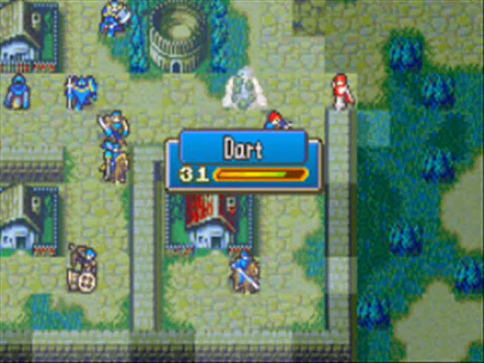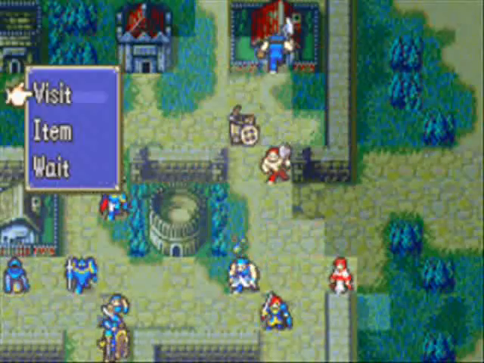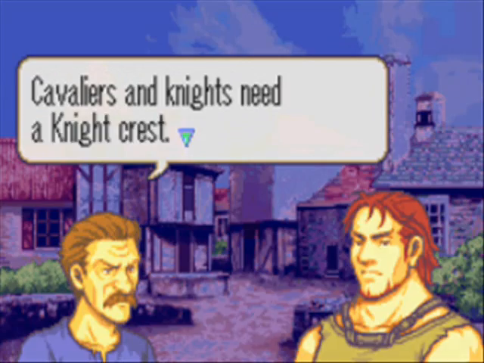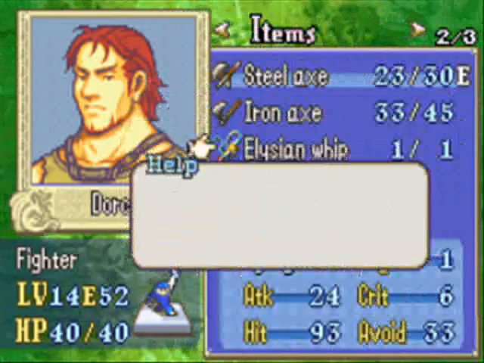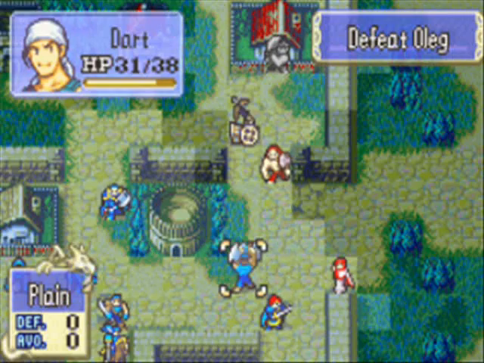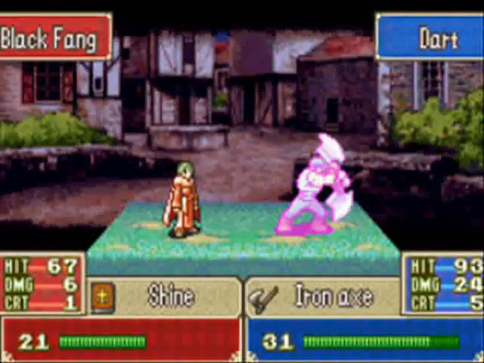Make sure you save the upper right house, because you'll really regret it if you don't, and I'll show you why in a minute. Actually, it's probably going to be in about 5 seconds. Get to this house. So this guy is talking about the different items that classes need. This is an Elysian Whip, and it promotes Pegasus Knights and Wyvern Riders. We don't have a Wyvern Rider yet, but...